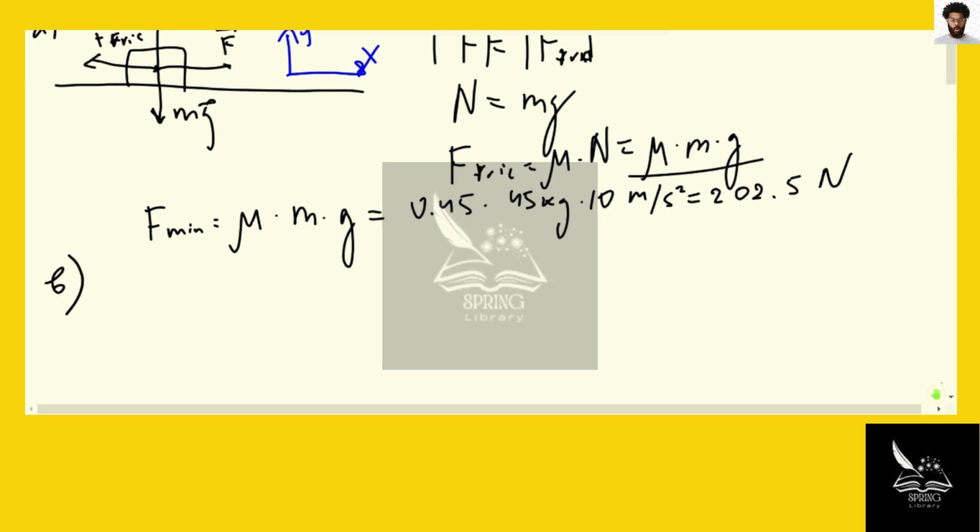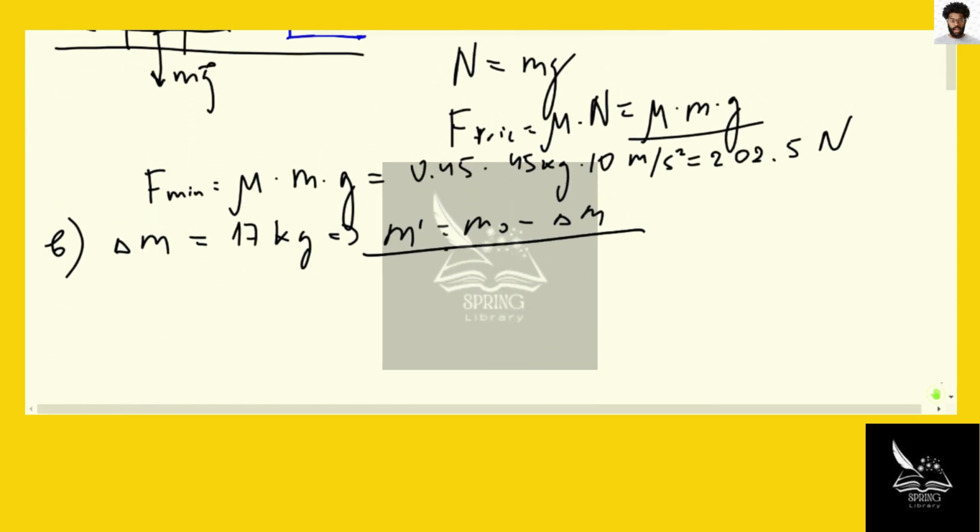So here, the mass of the desk is reduced by delta M, which is 17 kilograms. So therefore, the new mass of the desk equals to the initial mass minus 17 kilograms. So the system doesn't change, and that's why the force which is required to move the new desk equals to mu multiplied by the new mass and multiplied by g, which is mu multiplied by initial mass minus change